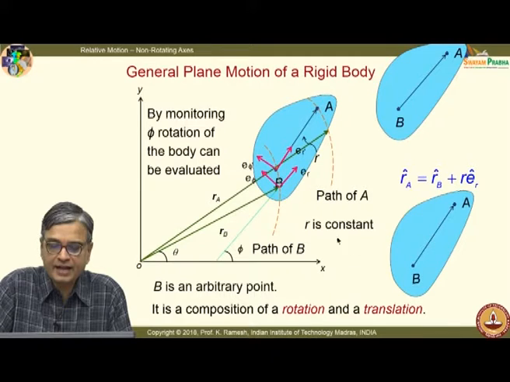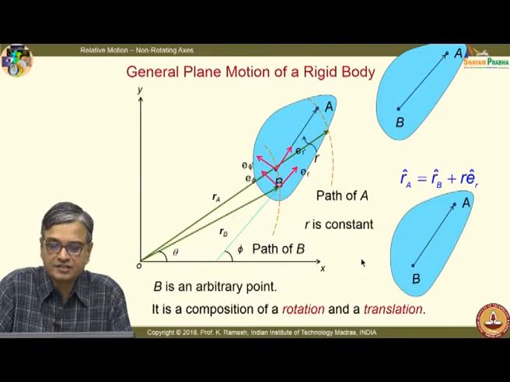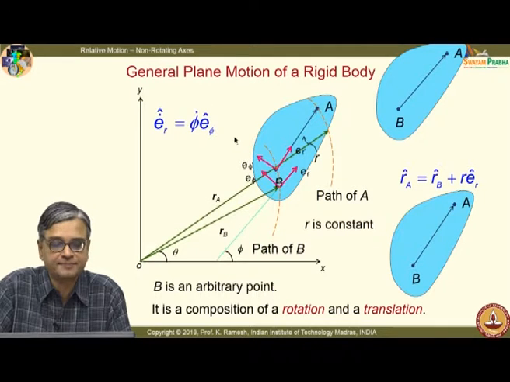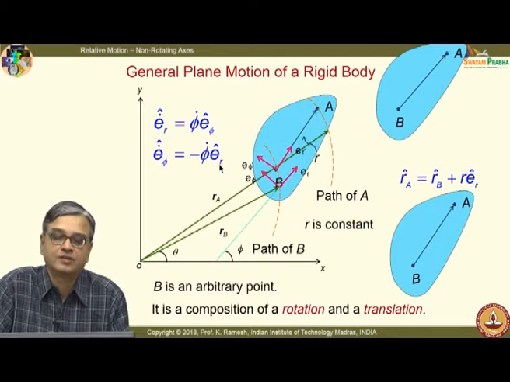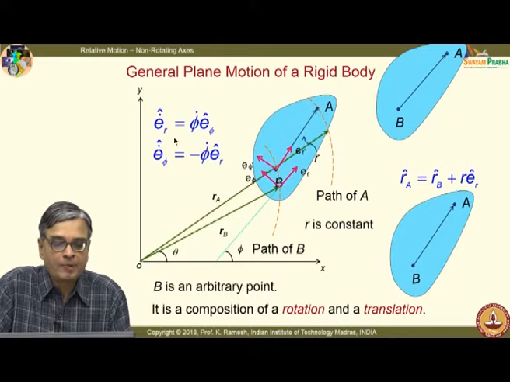We will again go back and see these unit vectors in stages. And once I have the unit vectors changing, I can also bring back whatever we have derived for the polar coordinate system. Here I use R and phi. So, ER dot becomes phi dot E phi, and E phi dot becomes equal to minus phi dot ER. We will see this from a different perspective.